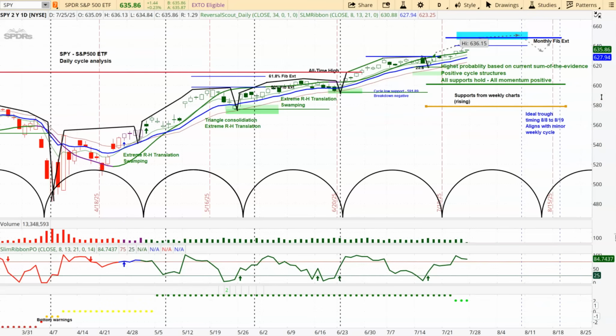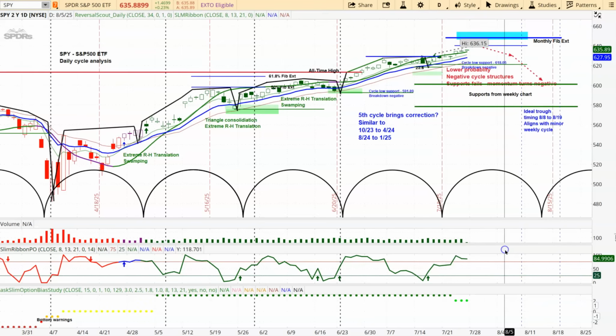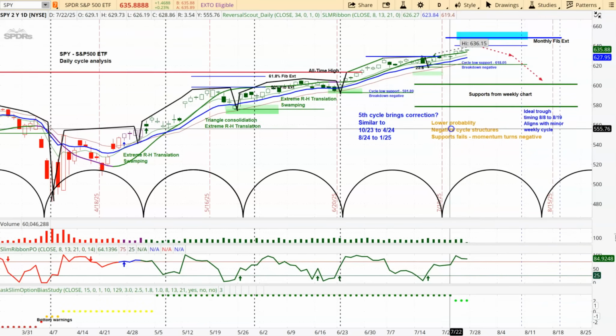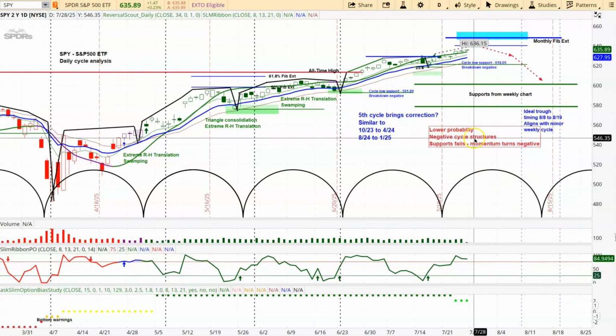Now, that probability being the highest doesn't mean it's written in stone. There's another probability, and that would be where you have a negative scenario. And this is what that would look like. This is a lower probability. I'm just going to move this down here so you can see. This would then give you a negative cycle structure. In other words, this low,